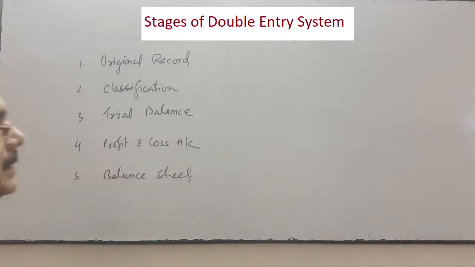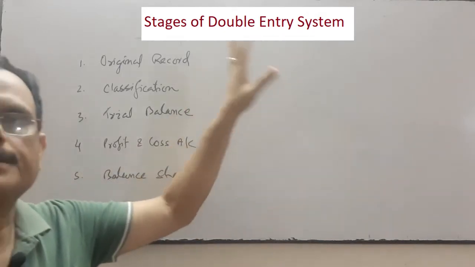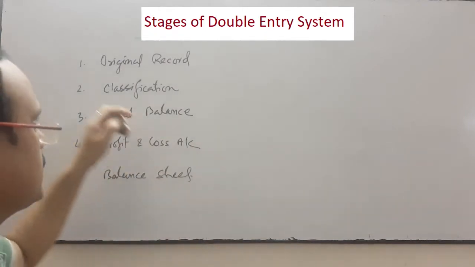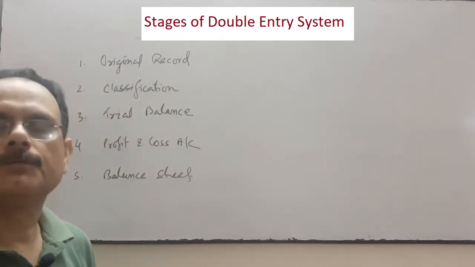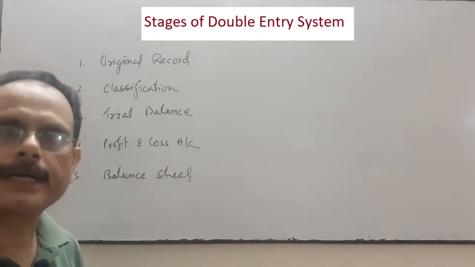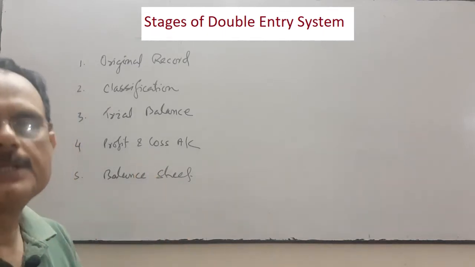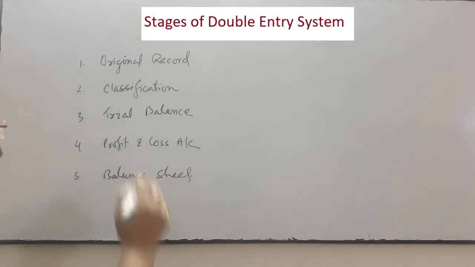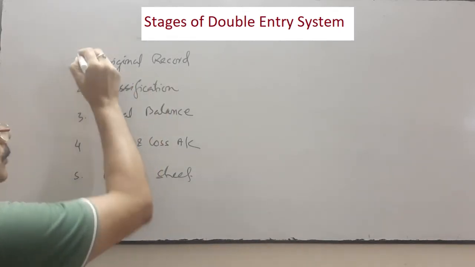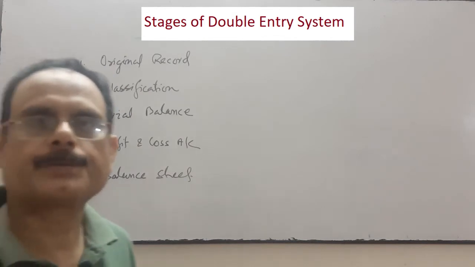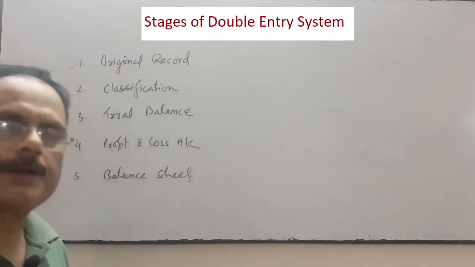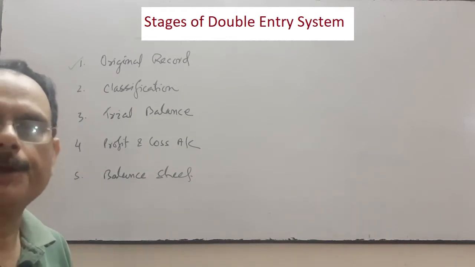Now come to the stage of double entry system. What are the stages of double entry system? So first stage is your original record. First of all, transactions are recorded through the journal or subsidiary books. So original record through the journal or subsidiary books, and for recording, first of all documentary evidence must